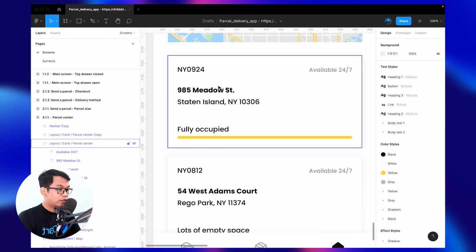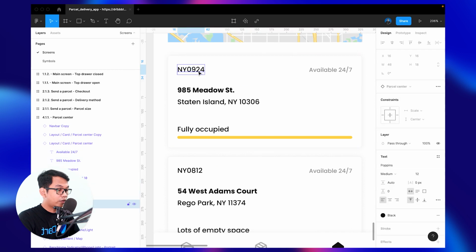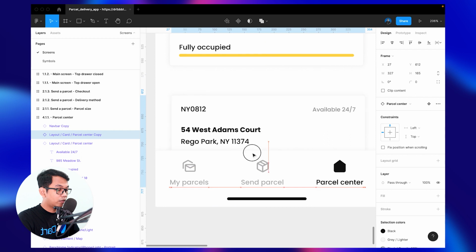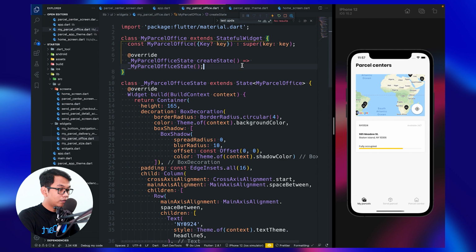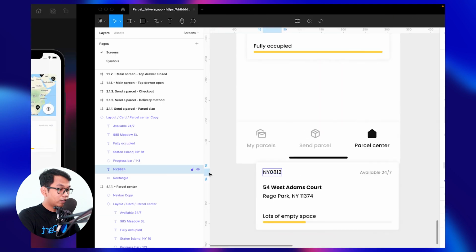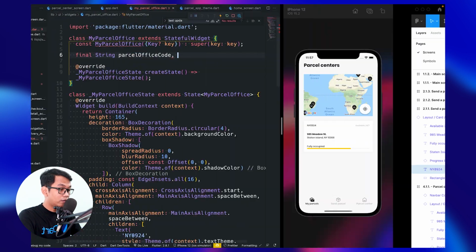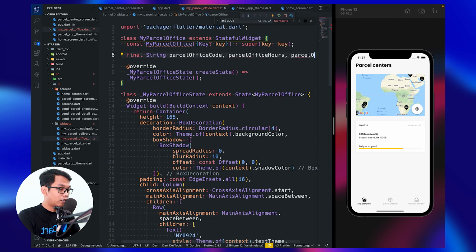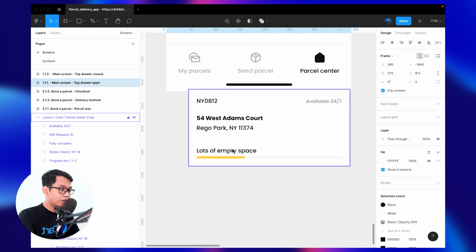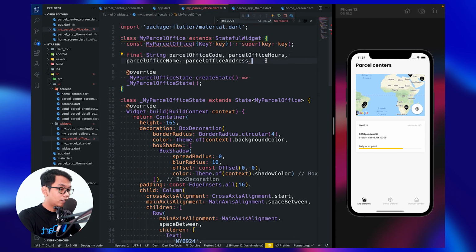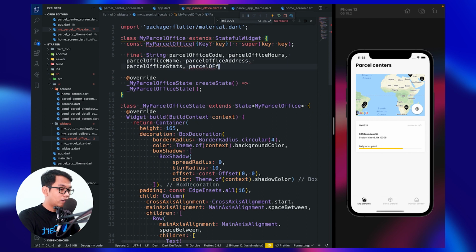Yeah, look like this, our list. So at least we have this code, and then this available, and let's see what's happened on this. We need to declare at least this parcel office code, and next is a parcel office hour, parcel office name, parcel office address, and we name this status, and parcel office number maybe.